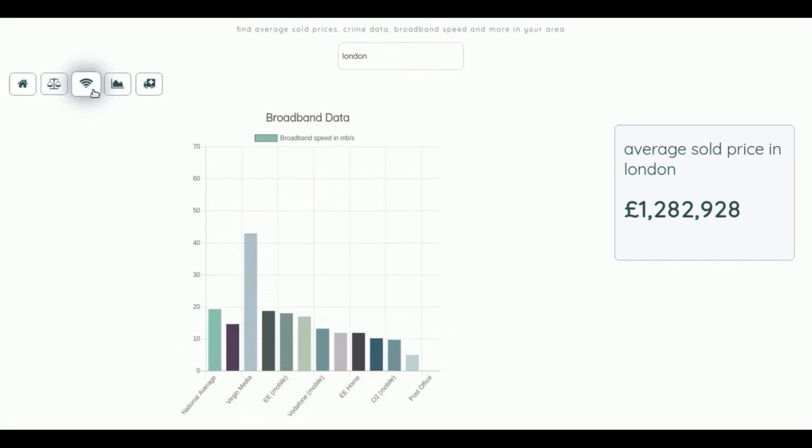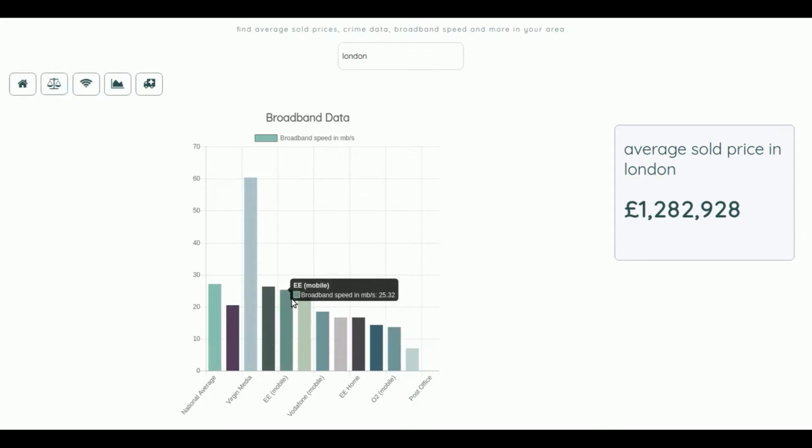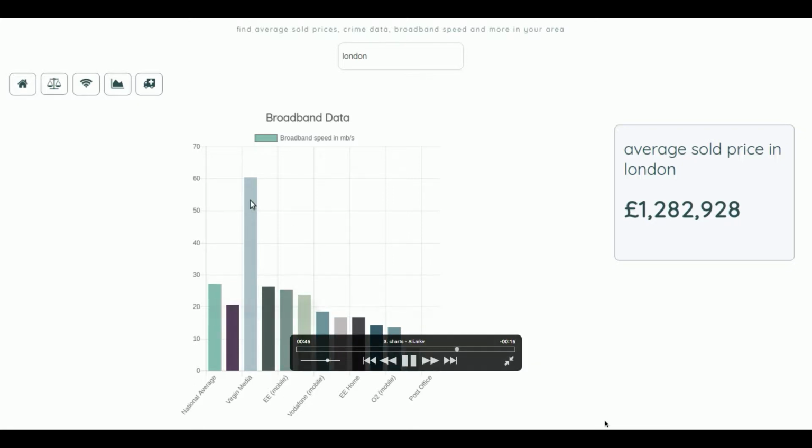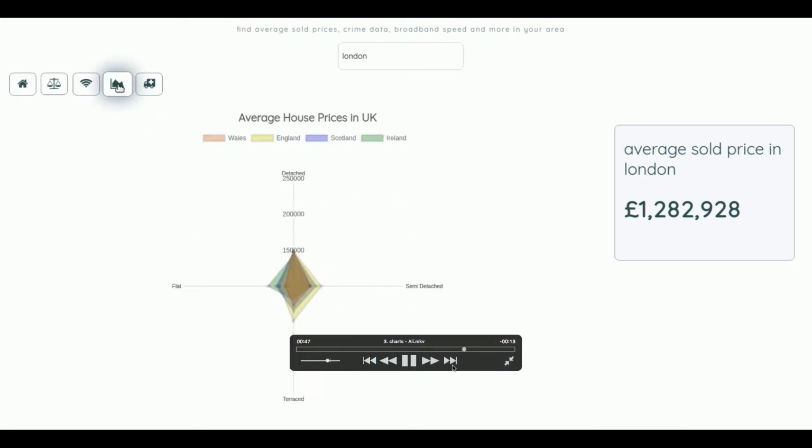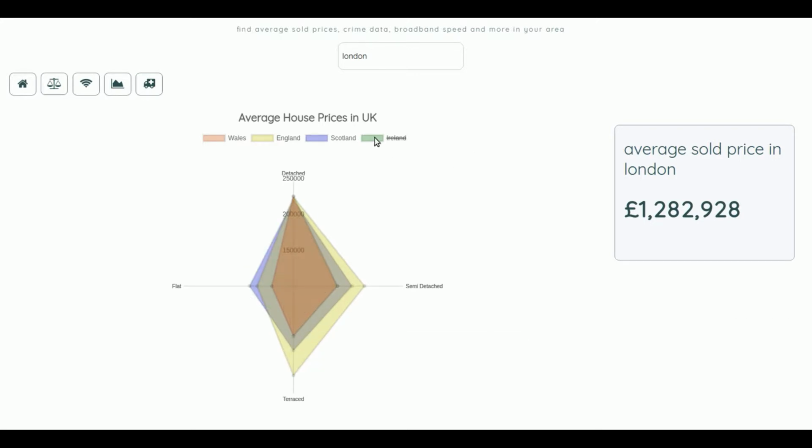And the next thing is showing the local broadband speed in each area. I chose a bar chart because it's easy to show the highest speed in that area. And also the average house prices in the UK. So you can overlay Scotland, England, Wales on top of each other, and you can see the ranges